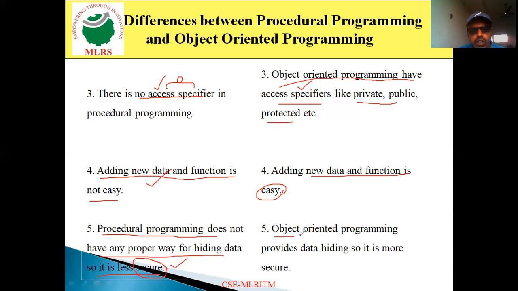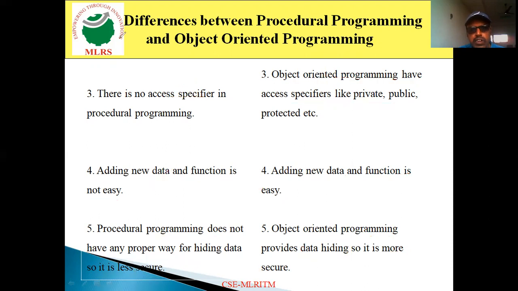And come to the next one, object-oriented programming. Here, there is a concept of data hiding. Data hiding means we hide the data, and without proper specifications the data cannot be accessed. So that indicates we are hiding the data. If we are hiding the data, ultimately no outside functions can access the data. It indicates we are providing security to the data in object-oriented programming by means of a concept called data abstraction, which is hiding the data. So this is a difference between procedure-oriented programming and object-oriented programming.